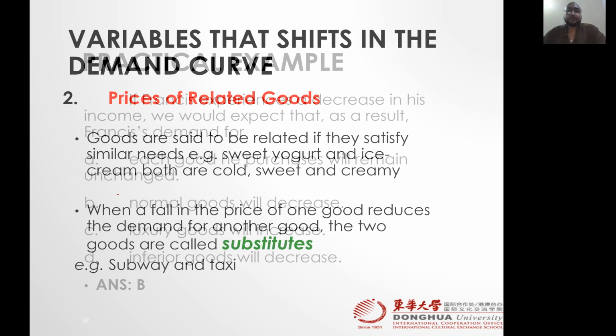Now the second one, price of related goods. So related goods can be categorized into substitutes and complements. So what is a substitute? First of all, goods are called related if they satisfy similar needs. For example, in case of ice cream, you have a related good, that is,